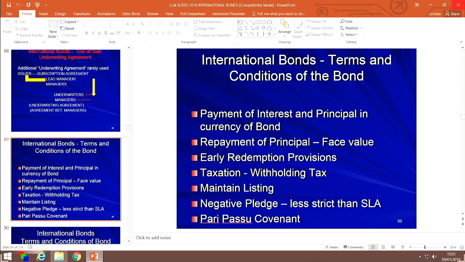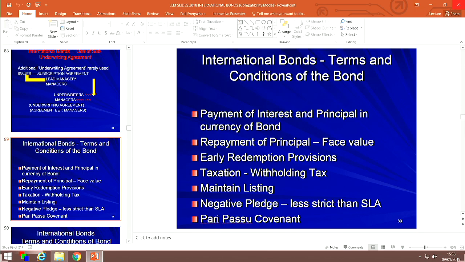And the inevitable withholding tax clause, there's nothing new there, you already know it. It's exactly the same clause that you've seen in a syndicated loan agreement. There's a negative pledge clause, which again you're familiar with, and I'm not going to walk you through all of that. But suffice it to say at this point in time that the negative pledge clause is a lot more loose than the one you see in syndicated loan agreements. A lot more flexible. The pari passu covenant, again, which you've come across, again, something that you'll find both in syndicated loans and bonds.